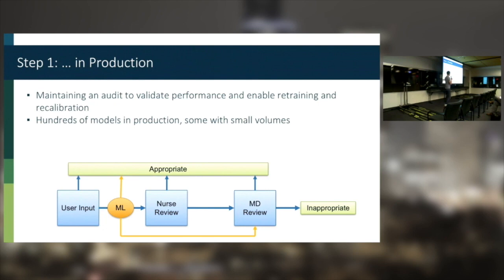In this case, if I'm approving a case, I don't need to provide a reason for that. And if I'm sending the nurse to a physician, I don't even have to tell the physician that this is coming from the model. The physician is going to review the user input and make their own decision. Sometimes you don't even want to bias them, right? You may or may not want to tell the physician, hey, a model here thought that this case is likely inappropriate, take another look. You may or may not do that, depends on the procedure, depends on various other factors. So in terms of the problem that we're trying to solve, it's a good feature here that interpretability is not something very important.